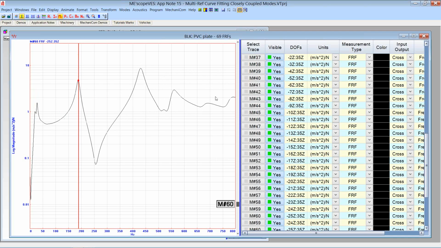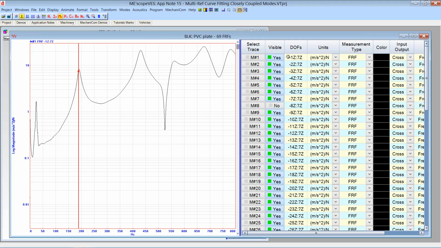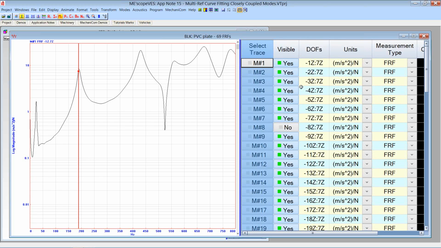And we've labeled this data so that it's got multiple references. Now, the way MeScope labels data is the first degree of freedom in this DOFs column here. Let me make it even larger so we can see it. Is what we call the roving DOF. So that could be either a roving impact or a roving